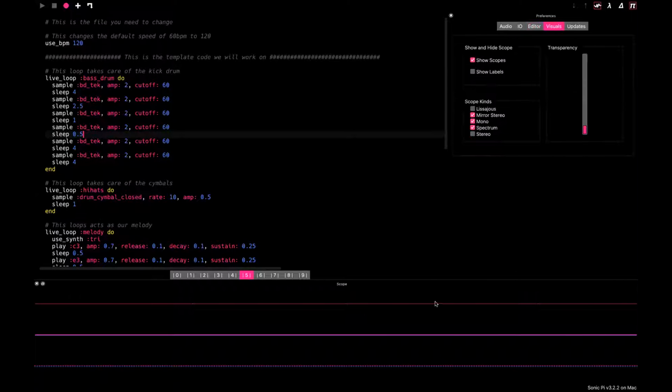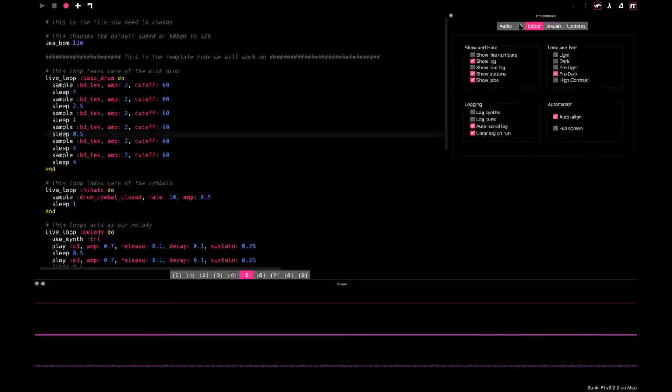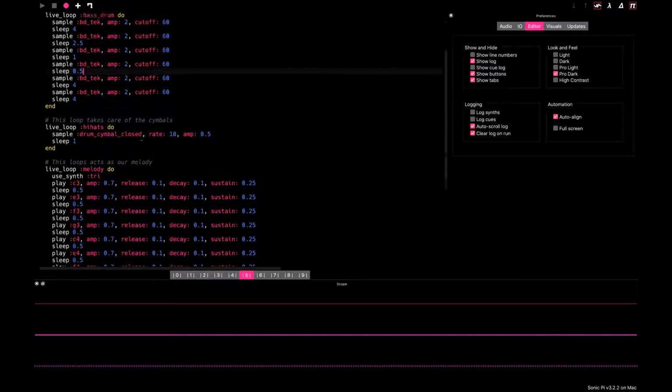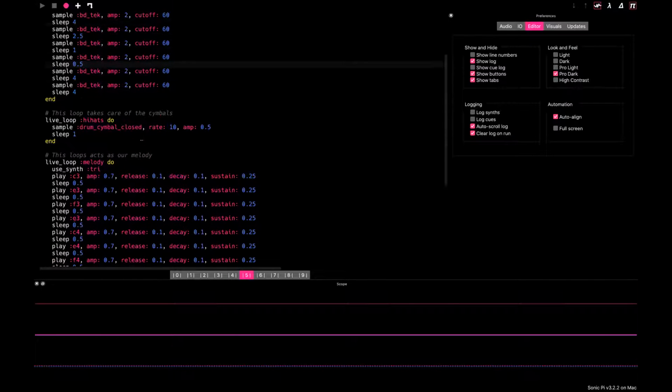You have visuals where you can choose to show the scopes. The scopes are here. They're the sound waves once the music is going to be playing. So you can show, you can hide. You can show the logs. So if you need to print something, sometimes we're debugging something, we need to print something to see where we are, certain values or things like this. So you can choose to show that or hide it. Audio, now